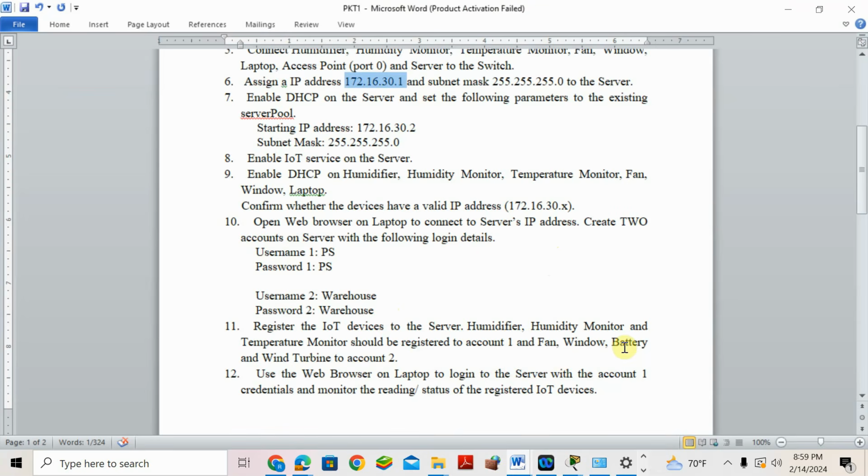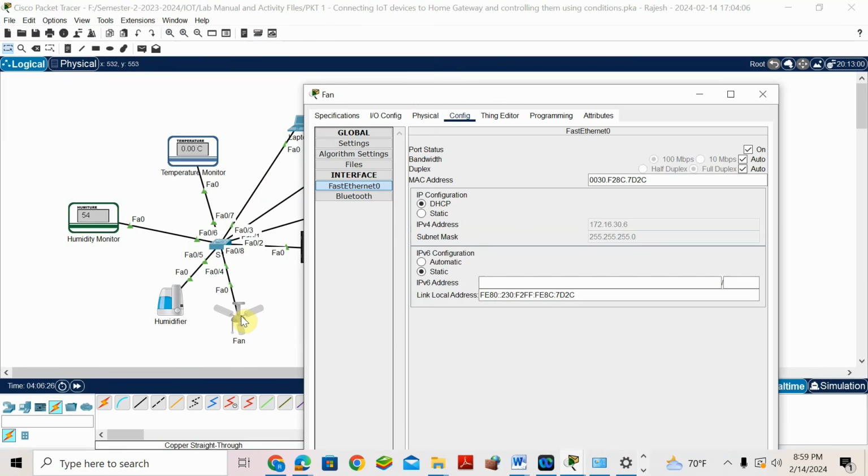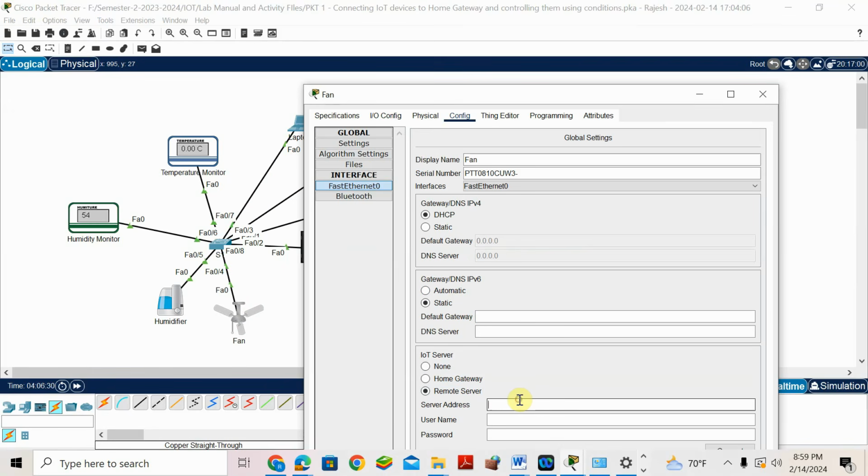Fan, window, battery, and wind turbine, not laptop. Okay, fan, battery, window, and wind turbine to account warehouse. Okay, so I'll go here. I'll take the fan, go to IO config, come back to config, remote server